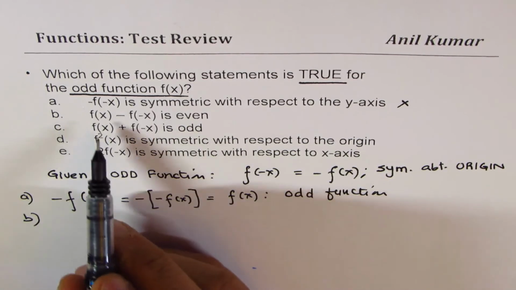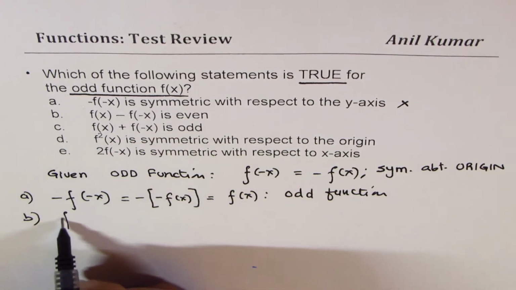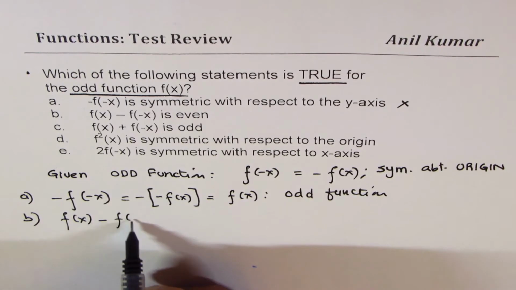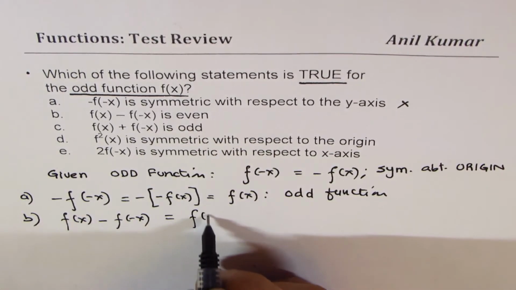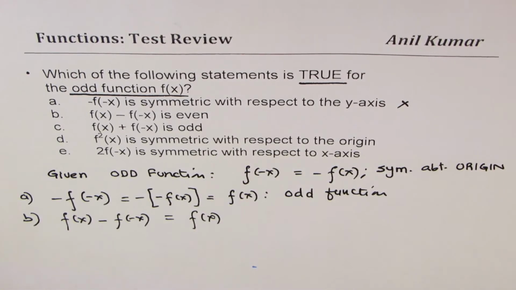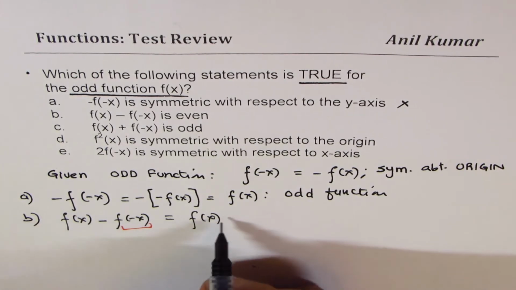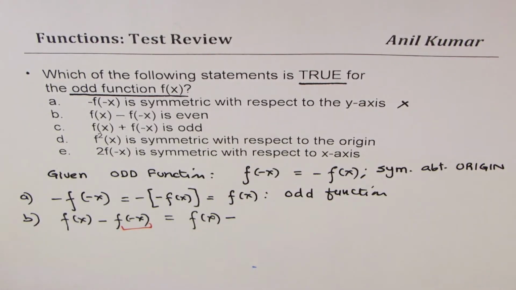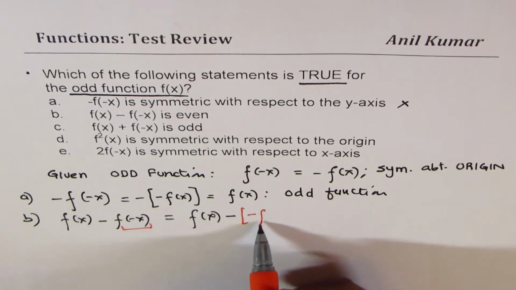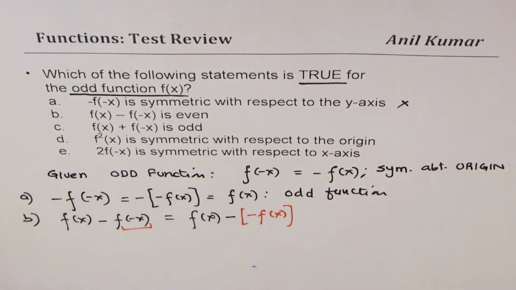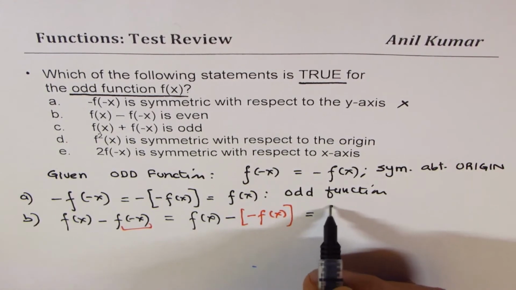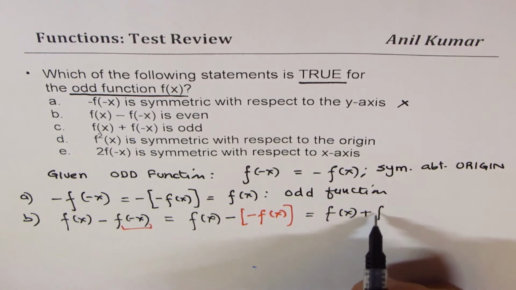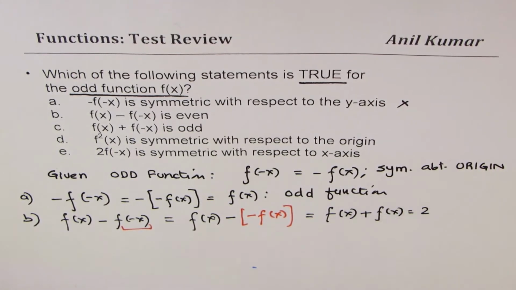Statement B is, let me rewrite, f of x minus f of minus x is even. Let us check. So what do we get? We get f of x minus f of minus x, right? So let's write that down. We have minus, and f of minus x we know is minus f of x, just as we did earlier. And when you combine, what do you get? You get f of x plus f of x, which is twice